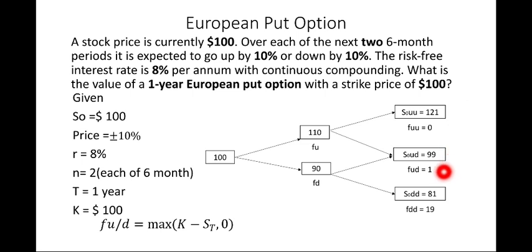And similarly here ST is 99 and K is 100. So 100 minus 99 comes out to be 1, and out of 0 and 1, 1 is maximum, so we have written over here 1. And here ST is 81 and strike price is 100. So 100 minus 81 comes out to be 19. Out of 19 and 0, 19 is maximum, so I have taken the value of 19. Moving ahead,